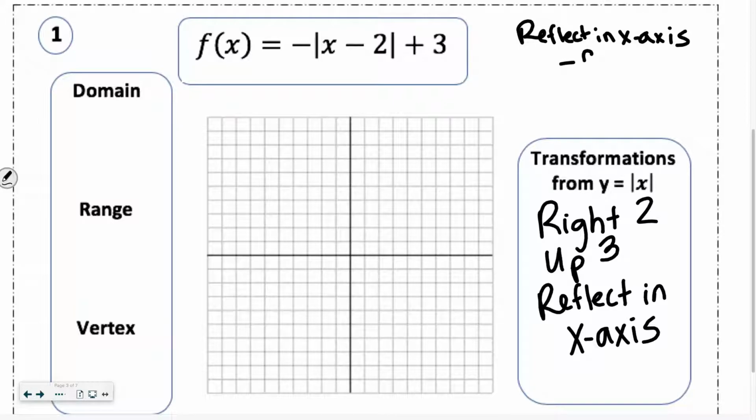Remember in function notation is negative f of x, negative y. Because if you're in quadrant 1, you're a point, and we reflect you in the x-axis, you're going to flip down into quadrant 4. So what part of your point is going to change? The y-coordinate. So in the absolute value function, that means it's going to look like negative the absolute value of x. Okay? If it's a reflection in the y-axis,